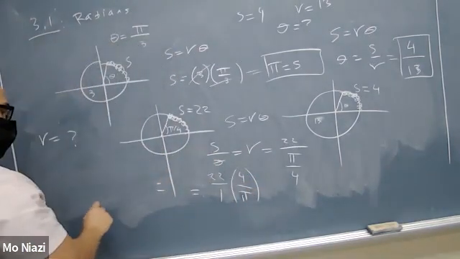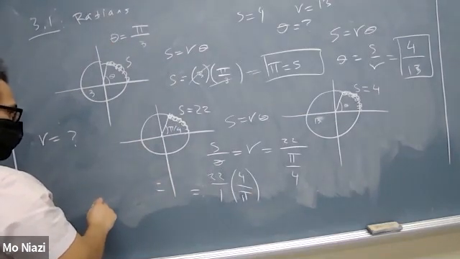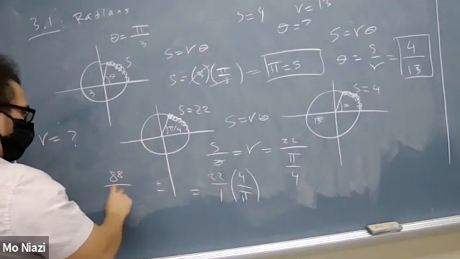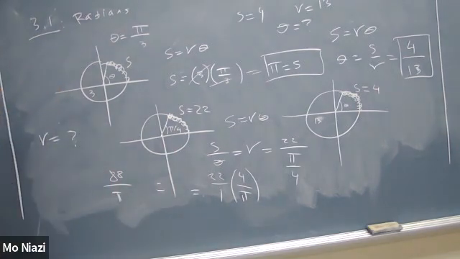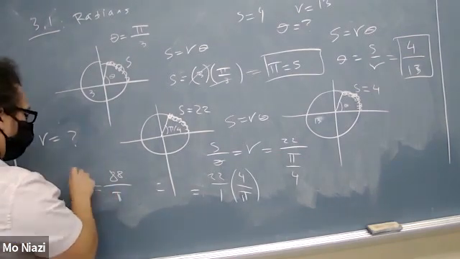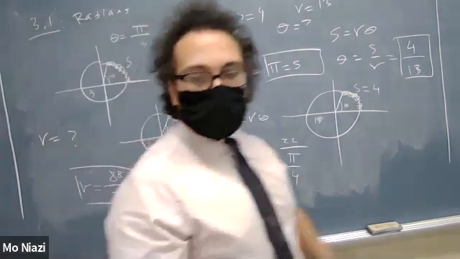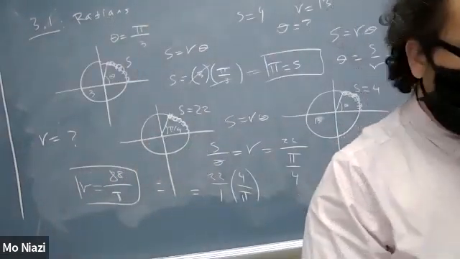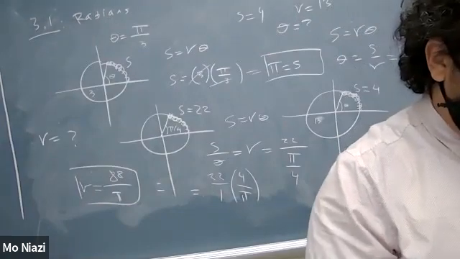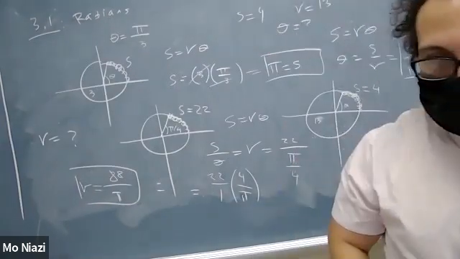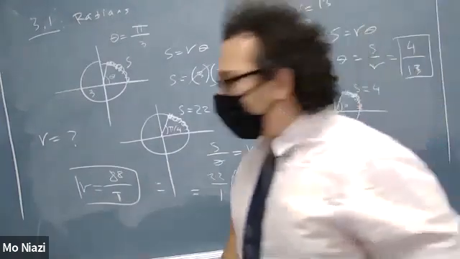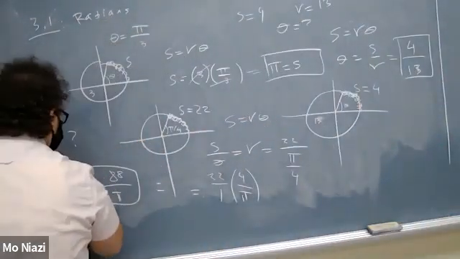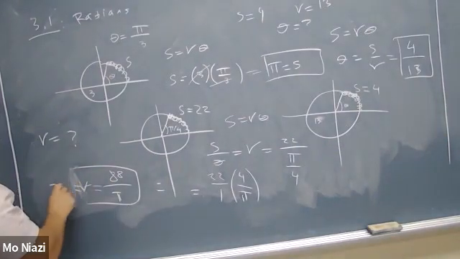And that equals, I don't know, 88 over pi. That's my R. So whatever this works out to be, let's do it just for curiosity's sake. 88 over pi. Well, it works out to be around 28. So this circle has a radius of 28,